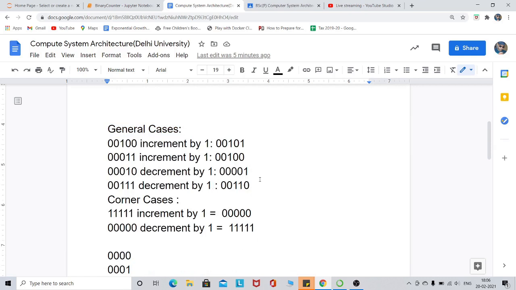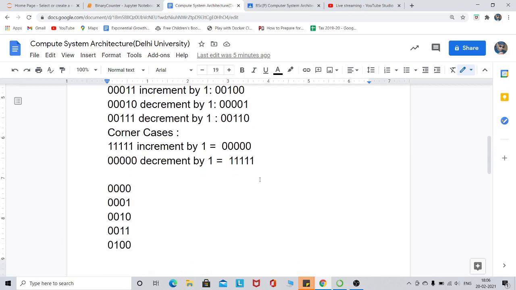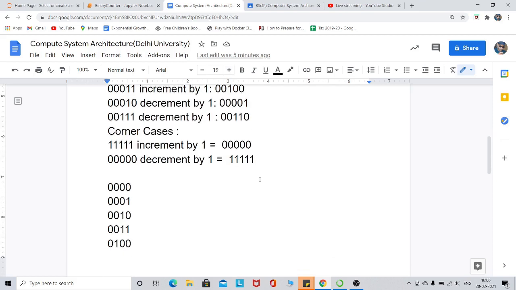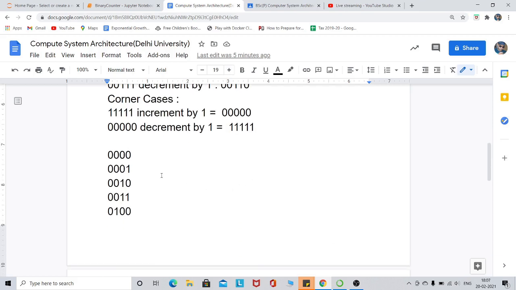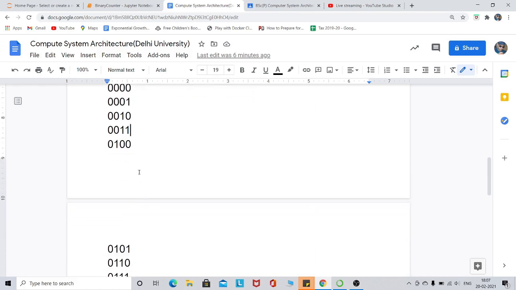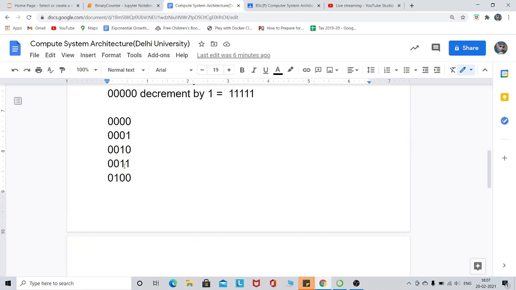So let's first understand the logic. We have to create the program in the Python language. Suppose we have 0 0 0 0. If we increment it by 1, we get a 1. If I increment this 0 0 0 1, you can see 1 is there and 0 is there. If I increment this again, here it is 1 and it is also 1. So if you see, there is some pattern. And if you see here, it is 1 1 1, so it becomes 0 0 and then 1.